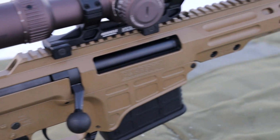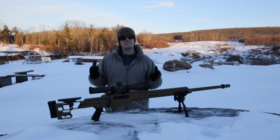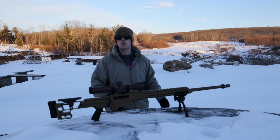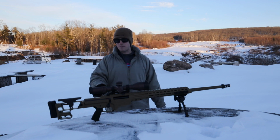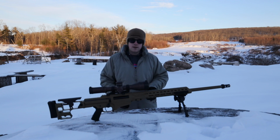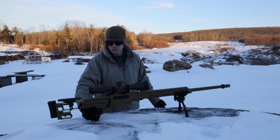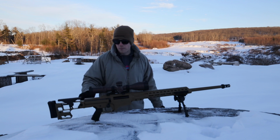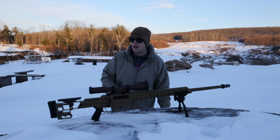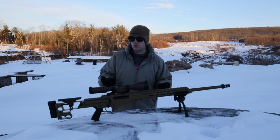Going into the pistol grip, it's a Magpul pistol grip, but it is an AR-15 style, so you can throw on any grip you want on there. I'm not sure why Barrett went with a Magpul. I don't know why they didn't just make their own, but it is a Magpul grip, and it's kind of just their hard plastic one. I wish they had that rubber grip one that I always talk about